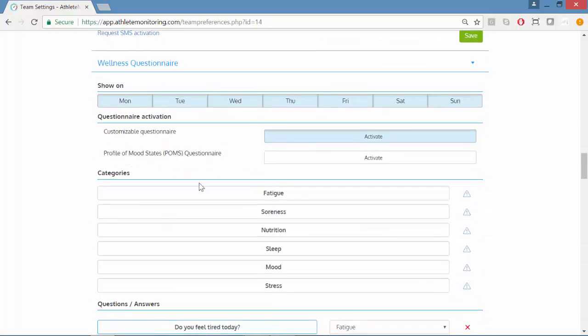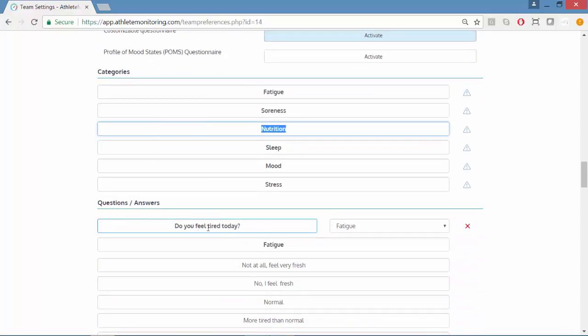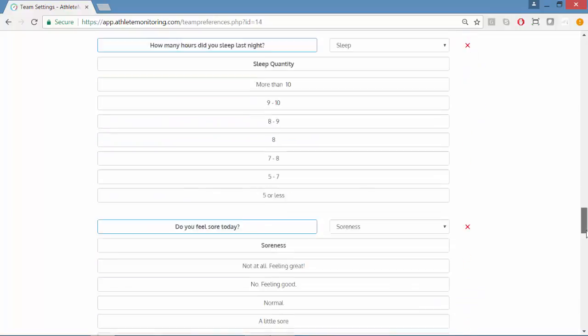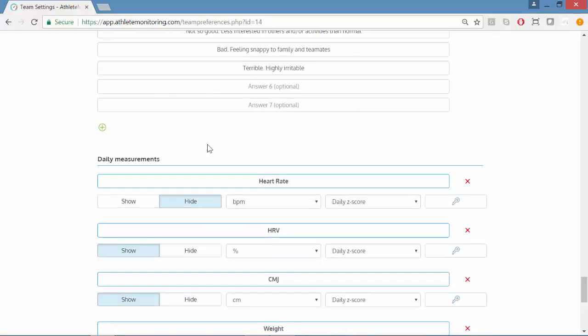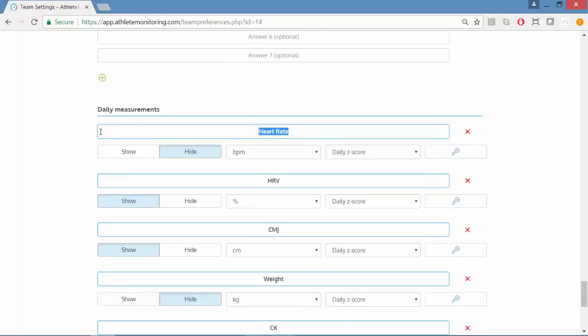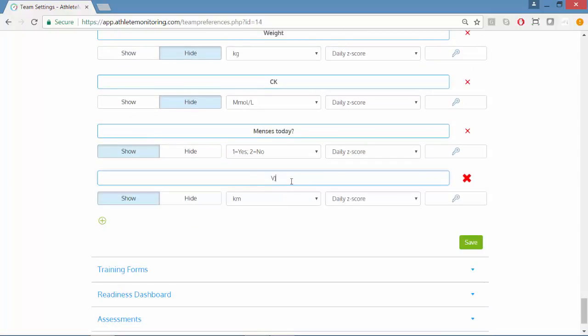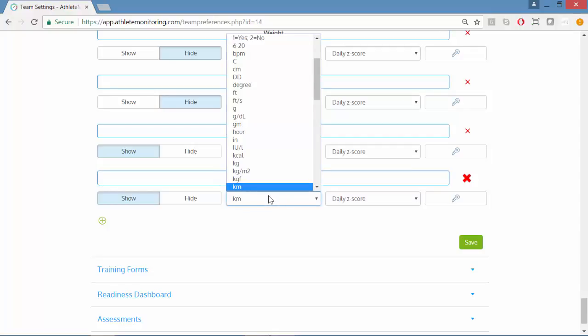And finally, I can customize my wellness questionnaire. So I can change the category of questions, change my questions, change the answers, add, of course, additional questions. And here I can add my own custom field. So if I want to track additional measurements, such as a neuromuscular test, for example, a vertical jump, I can just scroll down, click the little plus, enter the metric I want to create, select the unit,